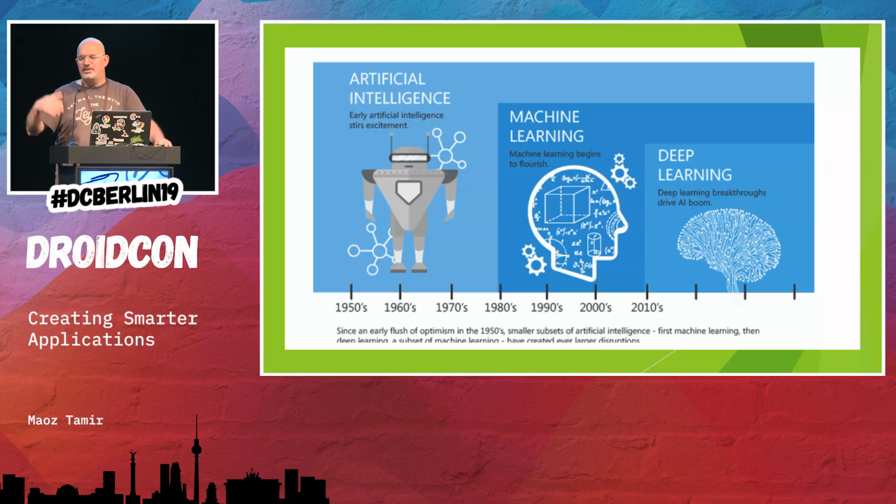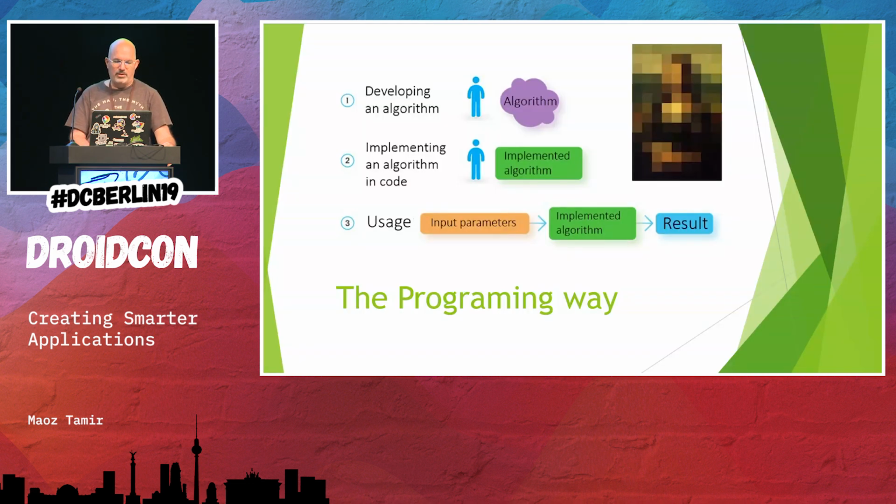Deep learning is actually taking that step further: without defining the actual features, we let the computer understand the features itself. And the computers are becoming quite good at that. And this is the actual leap between machine learning and deep learning. Okay, so first of all, let's just go over a few basics in what we did till now in trying to find a solution to some kind of problem.